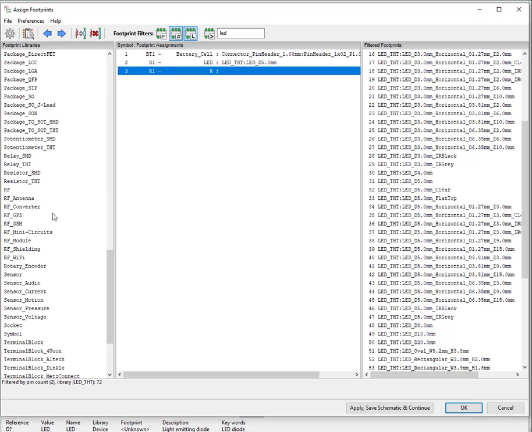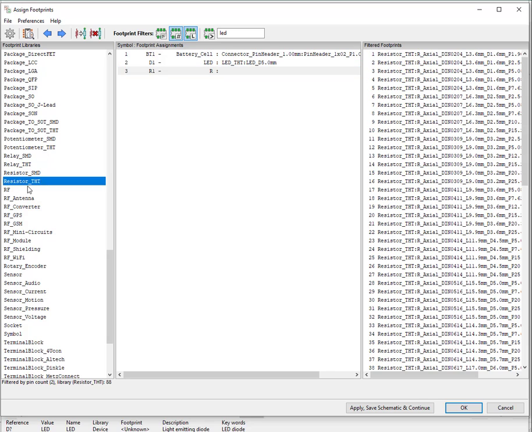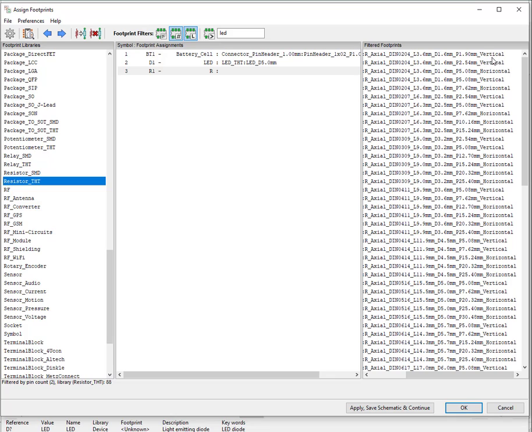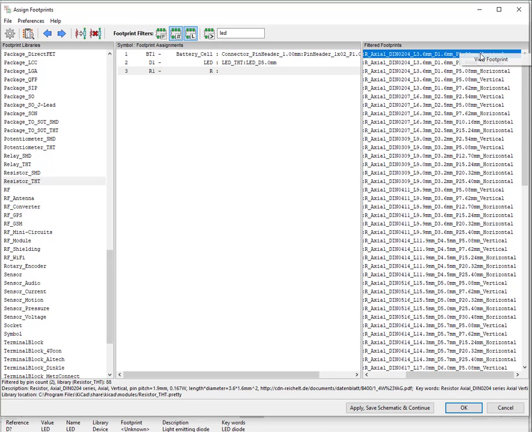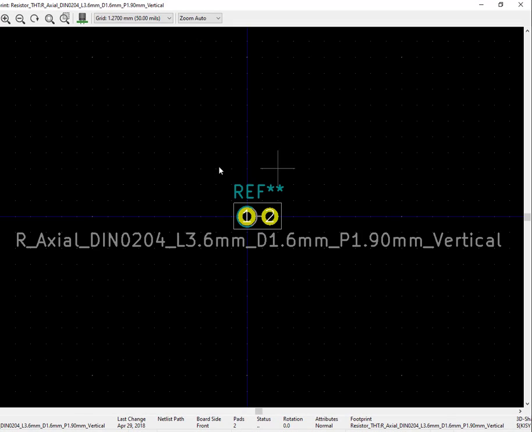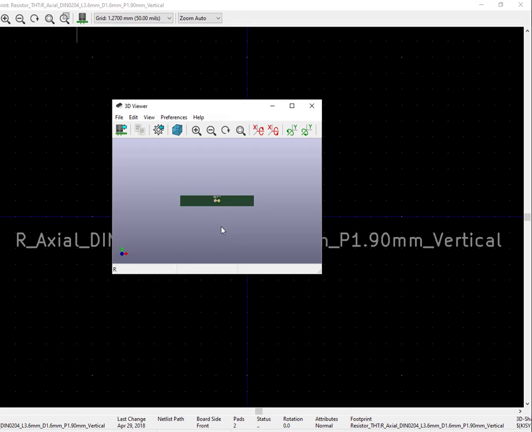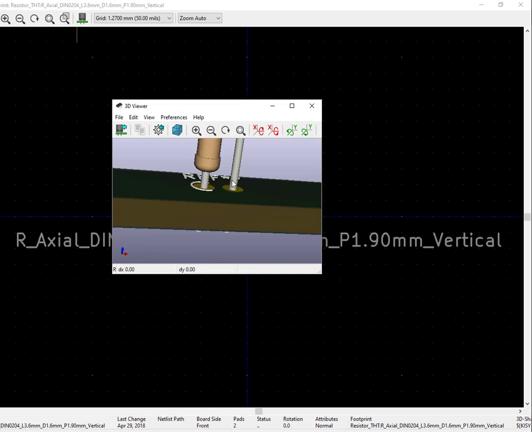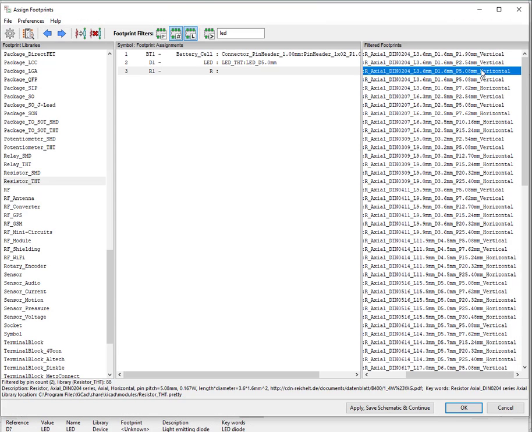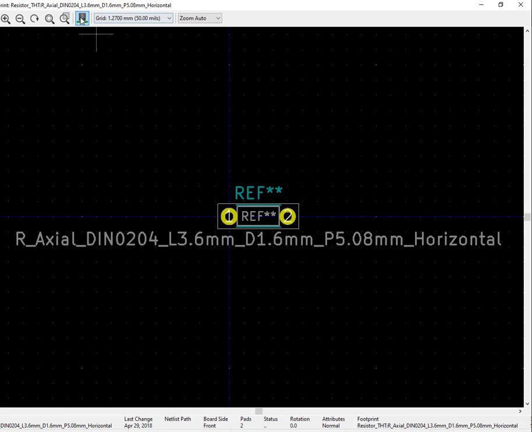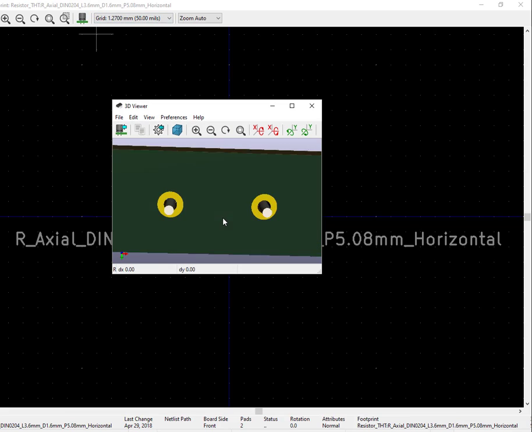and I have to go for resistor now. So resistor also I need to have through hole, so resistor THT. So here which type of resistor you need, you can select that. So I need a horizontal one here because if the resistor is vertical, that means it will be in a standing position. Just look at this one, you will be getting a clear picture of what vertical means. So this is the vertical resistor, and I need a horizontal one. I go for horizontal. This will be the horizontal.